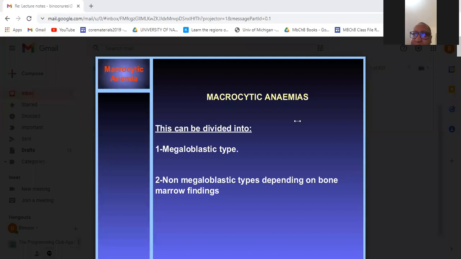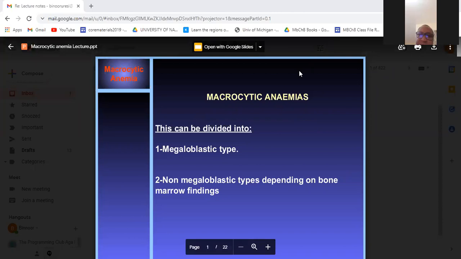So it's not a topic that we normally teach as a subject. Because chronic disease, I mean, macrocytic anemias are caused mainly by chronic disease, hemolytic anemias, which you will be covering as you continue with your coursework. So today we just talk about macrocytic anemias, and basically macrocytic anemias, as you know, it's a morphological classification, where